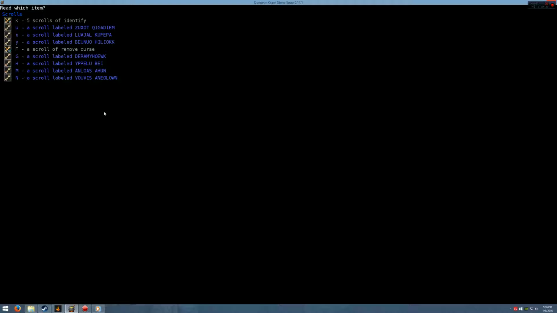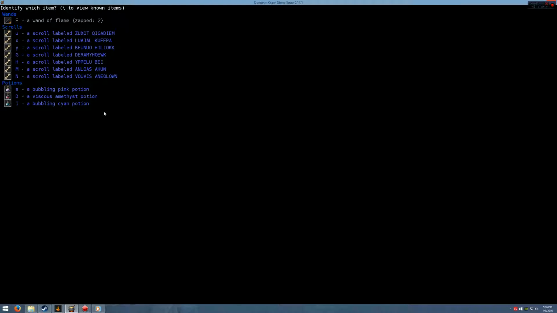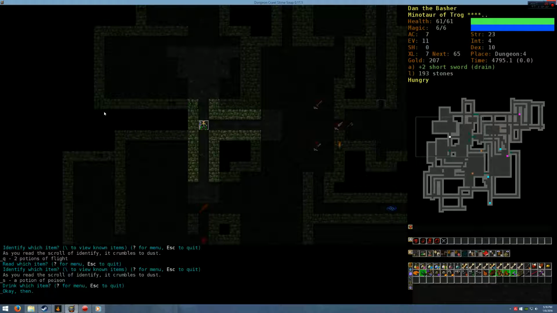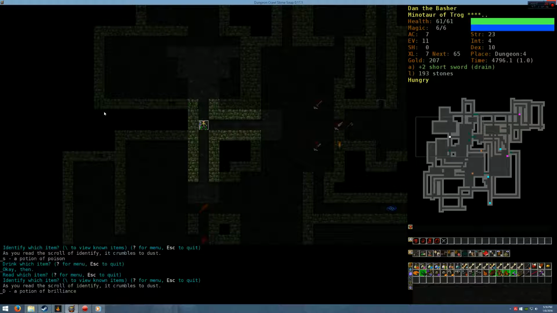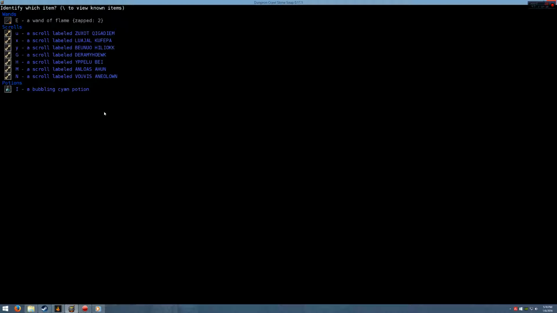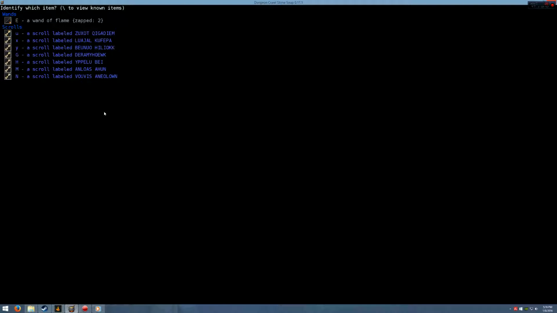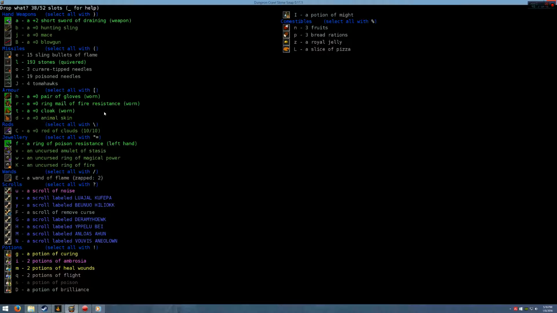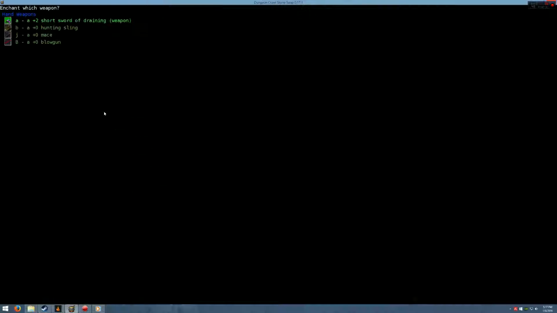Potion of Curing. Potion of Flight. Hopefully we get something like heal wounds. Oh, I already have heal wounds identified. Okay, so we'll just keep doing this. Read. Okay, Potion of Might. And now I'll go ahead and use the last one on this scroll. Scroll of Noise. Okay, so now I'm just going to go ahead and read all of my...